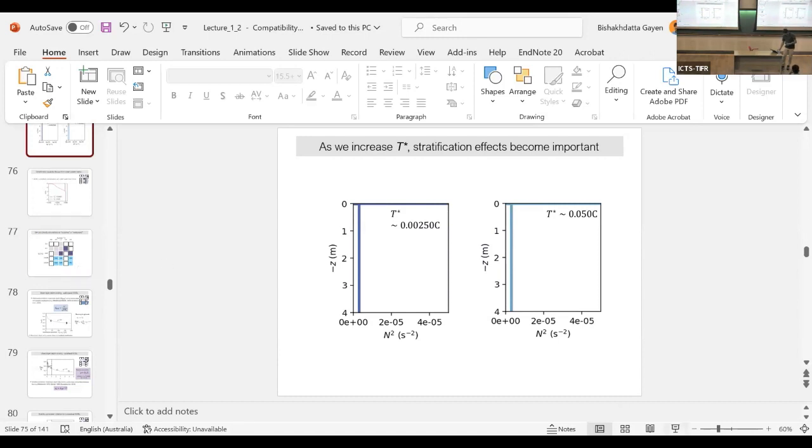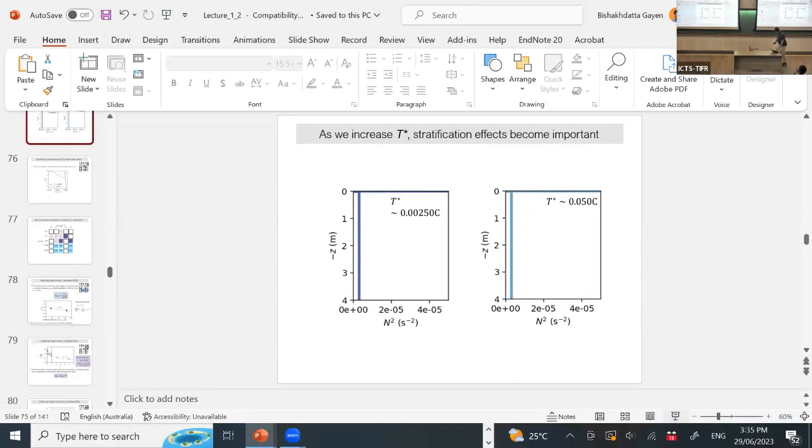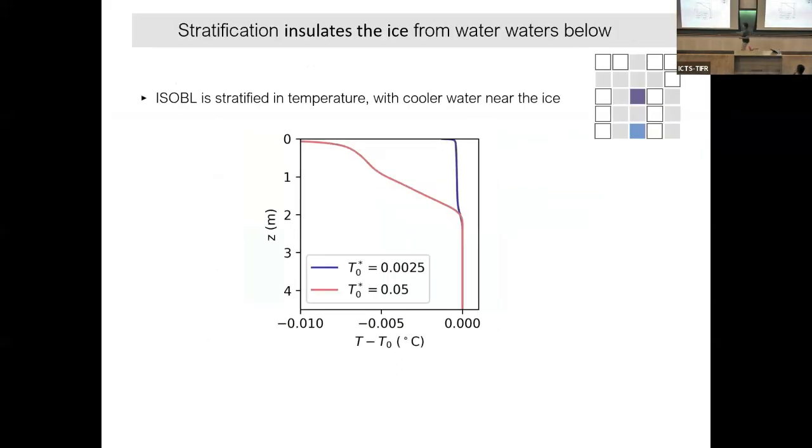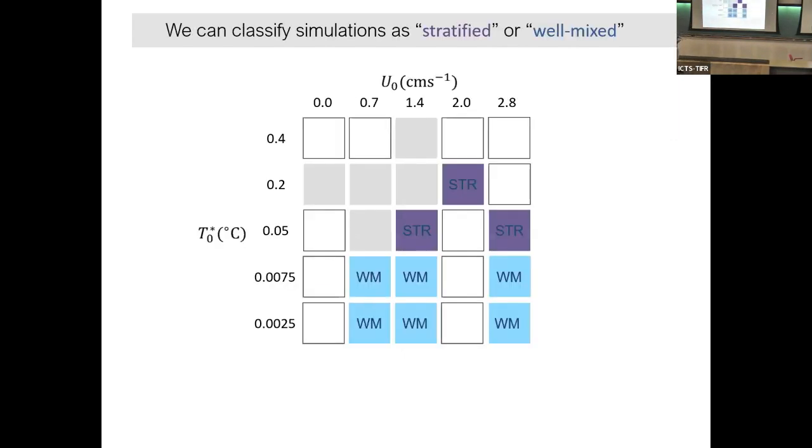Okay, let's get back to the real science. This is what actually happened. If you have a low thermal driving and a high thermal driving, you get a very different boundary layer structure. Now, we identify that at the high thermal driving, we go to a regime called stratification dominating. From this one is called the well mixed layer. The well mixed layer is a highly energetic flow, which is controlling the heat flux.